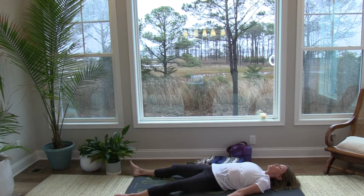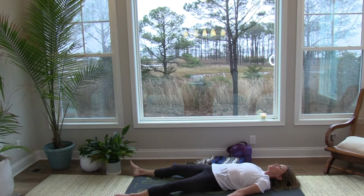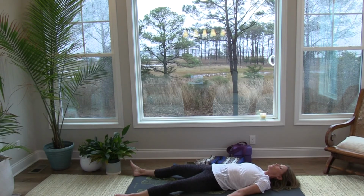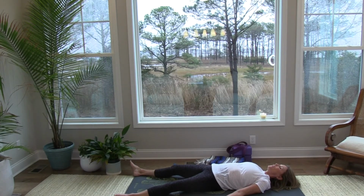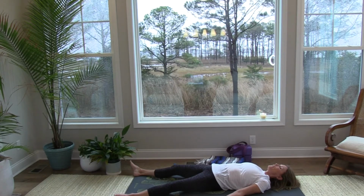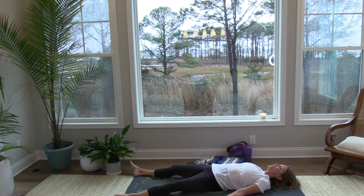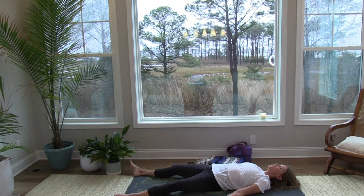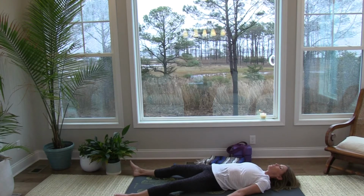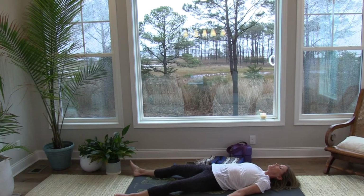So draw your awareness first to your head, your face, your neck and shoulders, down each arm into each hand and fingers, and down the chest and the back, through the belly and the hips and the legs, down into the knees, the ankles, and the feet. And then starting at the feet, draw that awareness back up through the ankles, the knees,